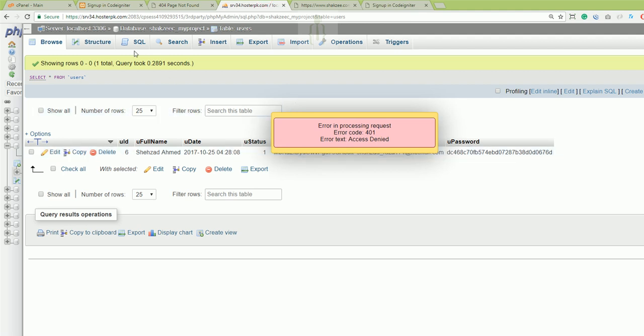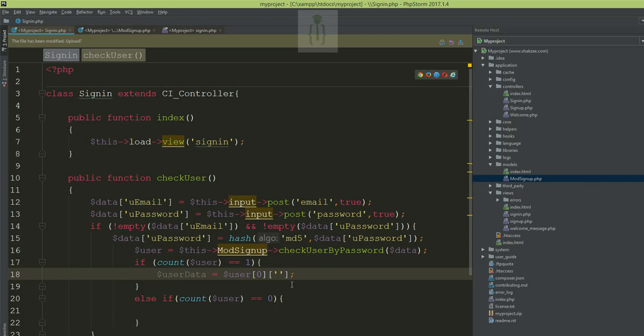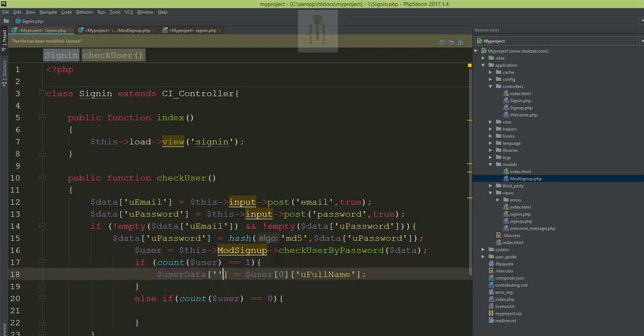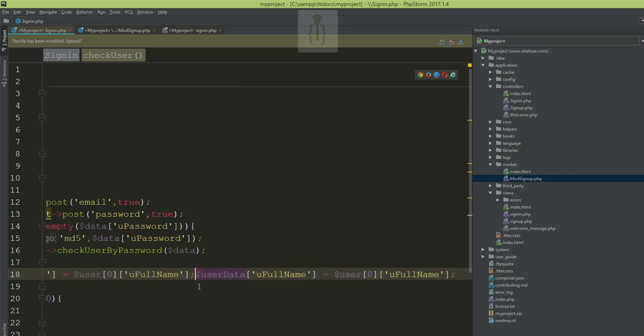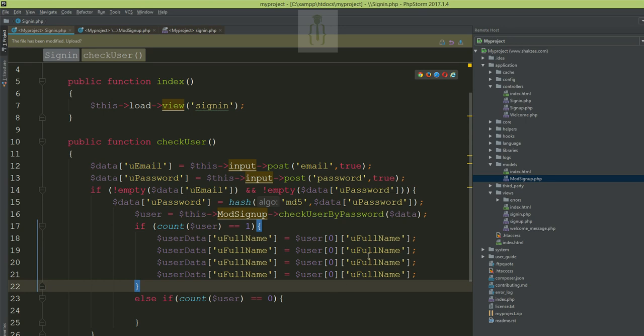We should set u full name. So here is u full name, and it's an associative array. We are saying full name and we are copying the same data, and I'm saying full name, date, and what about other